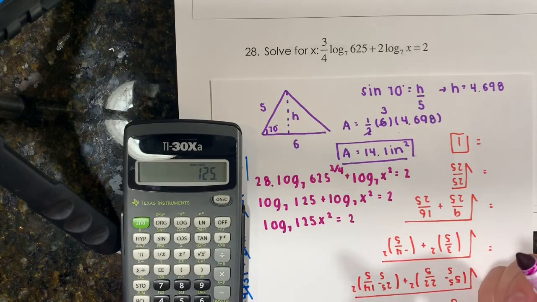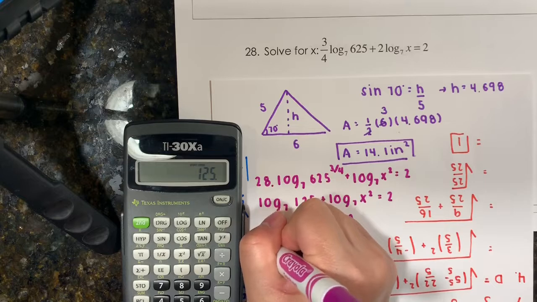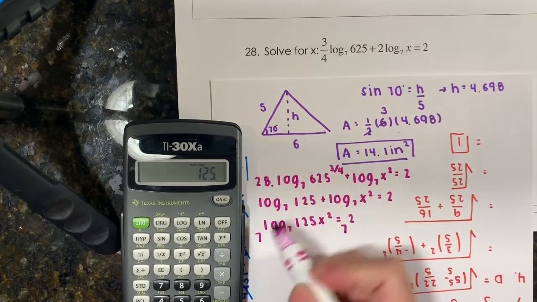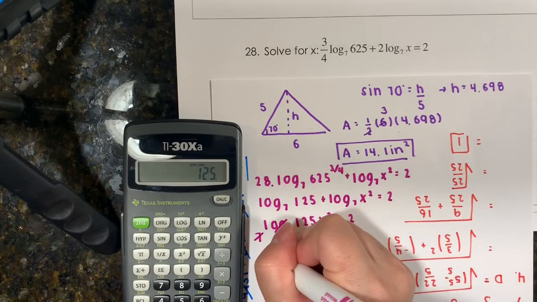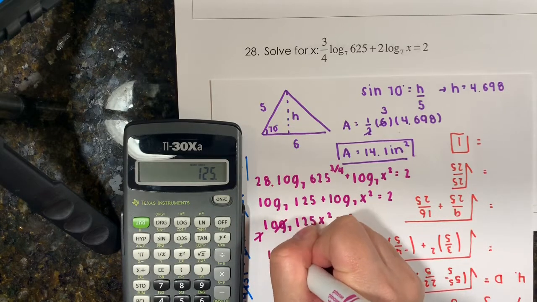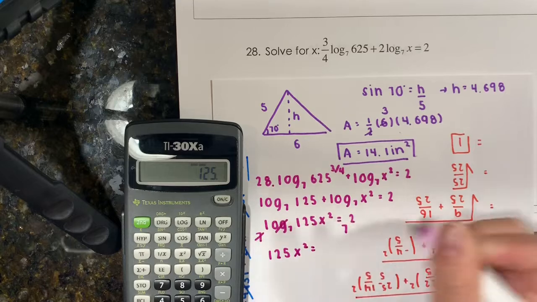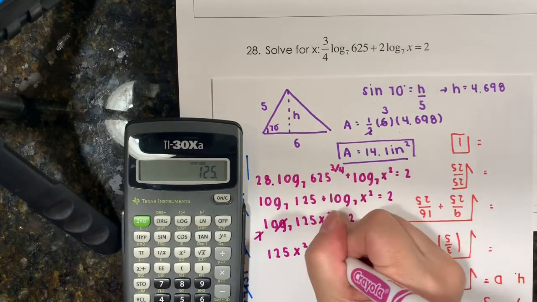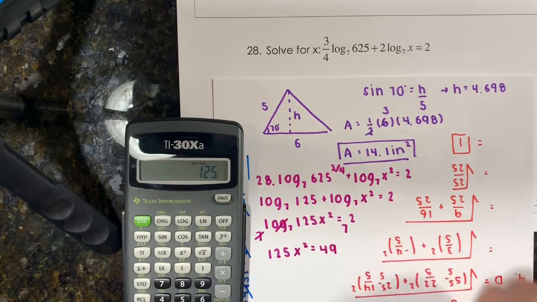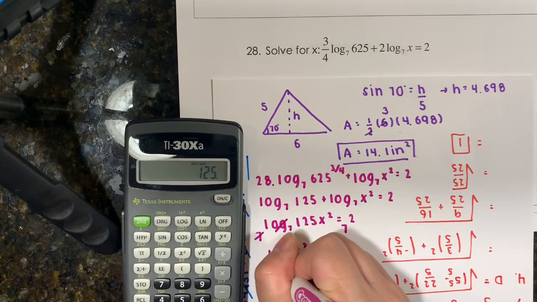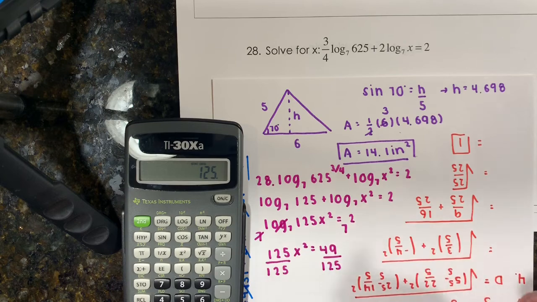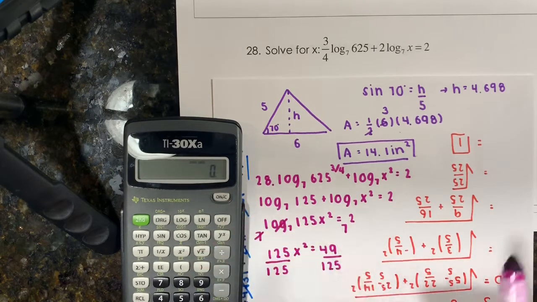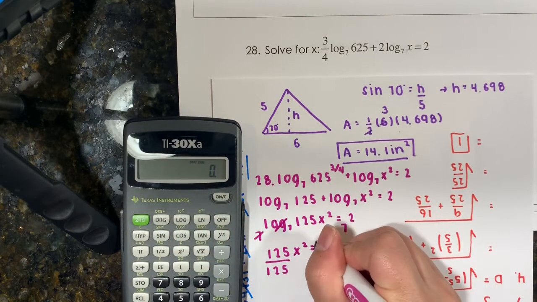So how do I get rid of the log 7? I raise it to the power of 7, both sides. So that would be 7 to the log 7, and the right side would become 7 squared. On the left, I would have 125x squared is equal to 7 squared, which is 49. Then divide both sides by 125. And then I would have to take the square root of the top and the bottom,